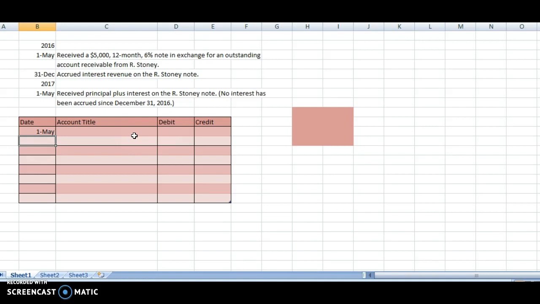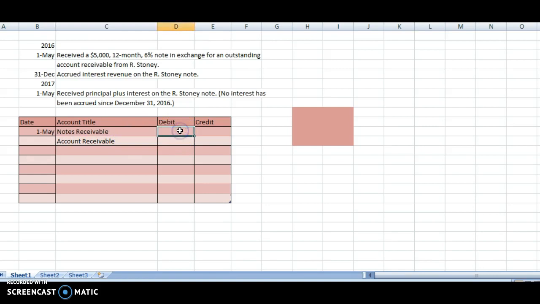What we are first going to do is put in the notes receivable. Usually this happens because someone isn't able to pay quickly on the accounts receivable, so they want to switch it to a notes receivable because they'll have a little bit more time to pay that